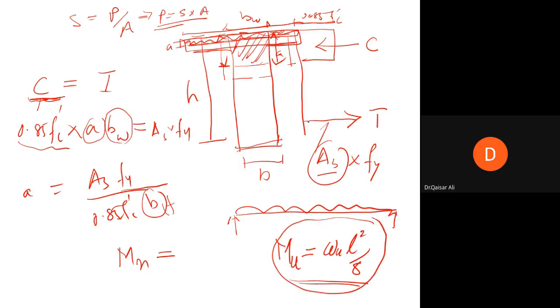वो एम यू ये अप्लाइड बेंडिंग मोमेंट है। This applied bending moment will be resisted by this couple which is T and C। तो कपल के दरमियान का डिस्टेंस जो है ये आपको बेंडिंग मोमेंट देगा, T multiplied by lever arm और C multiplied by lever arm। लेकिन सी तो हमारा मसला नहीं है क्यों, because the concrete is good in compression, concrete is weak in tension, so we'll use T times LA to resist this Mu। इस एम यू को रेजिस्ट करने के लिए, ताकि आपके पास जो लोड आ रहा है उससे अप्लाइड बेंडिंग मोमेंट पैदा हो रहा है। उस अप्लाइड बेंडिंग मोमेंट की वजह से बीम में नीचे टेंशन और ऊपर कंप्रेशन आ रहा है। ये आपस में भी बैलेंस होने चाहिए। अगर ये बैलेंस ना हो तो बीम टूट जाएगा।